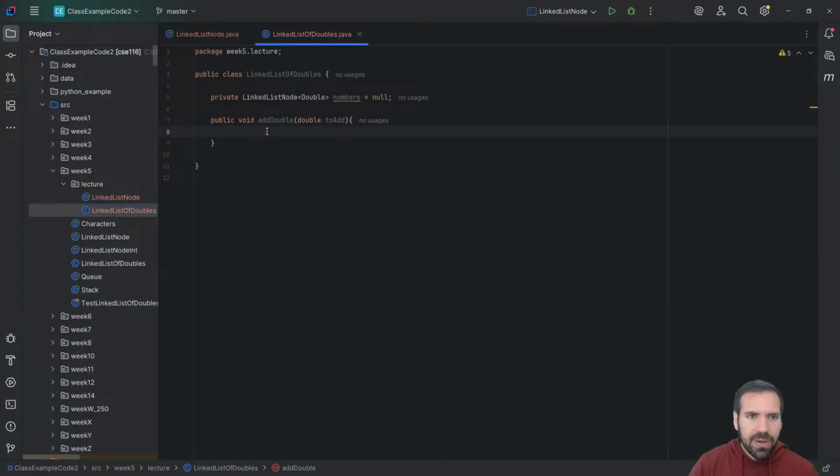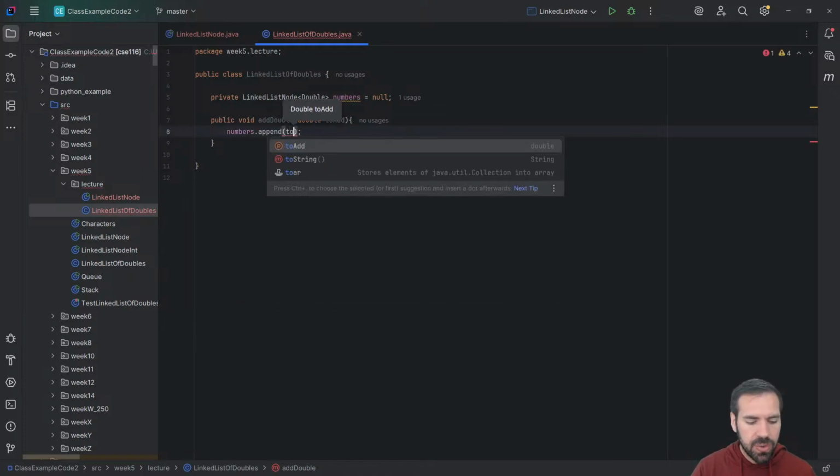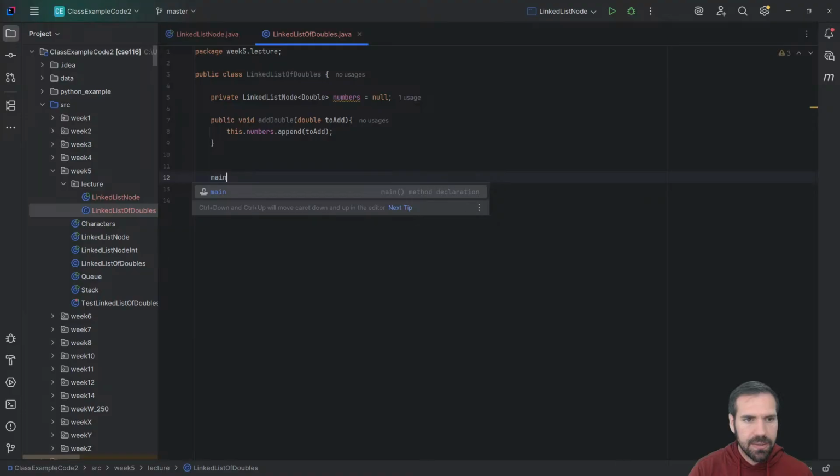And then your addDouble, which is very much your add song method on task 3, is going to check. Well, first, the logic of this is going to be numbers.append(toAdd). Fundamentally, that's what we want to do. Oh, I forgot I made this. Fundamentally, that's what we want to do, but we have one big problem here, is if we run this,